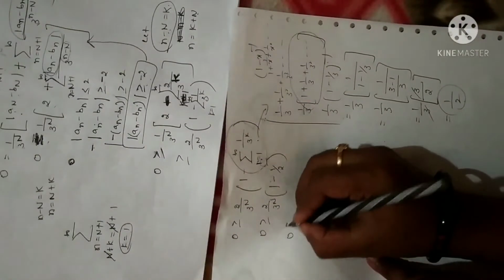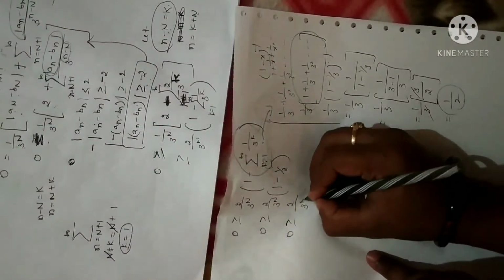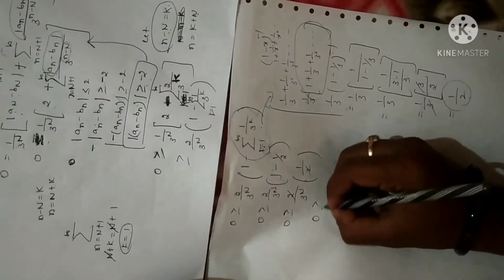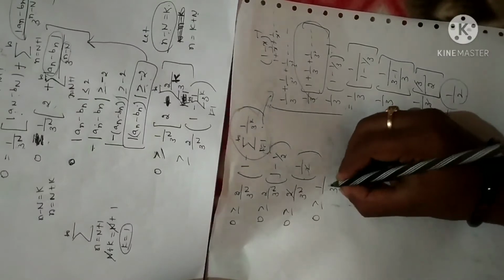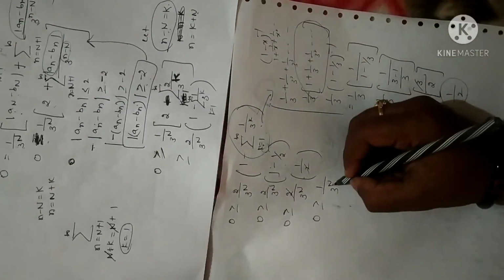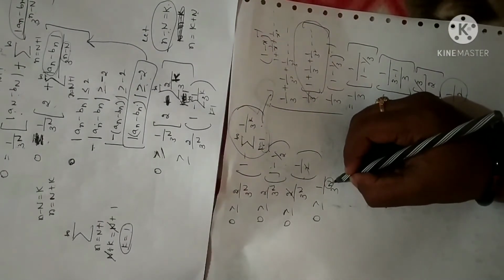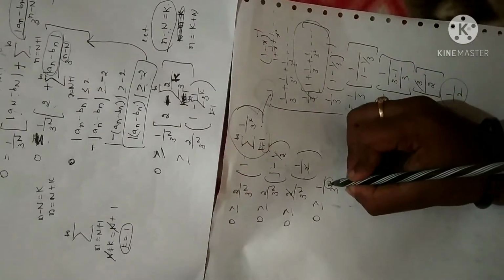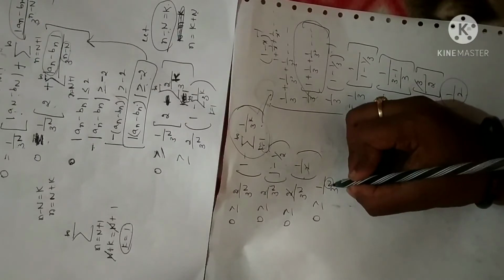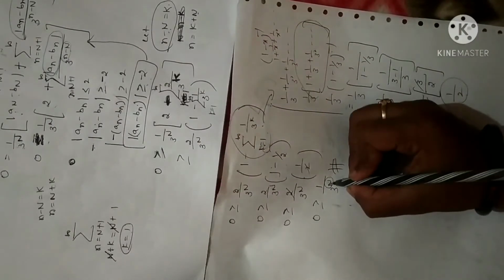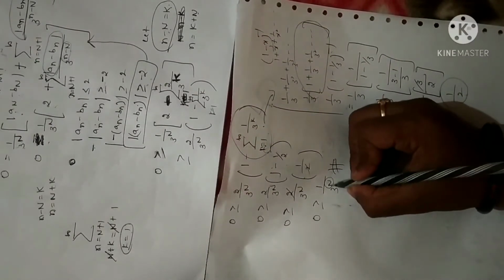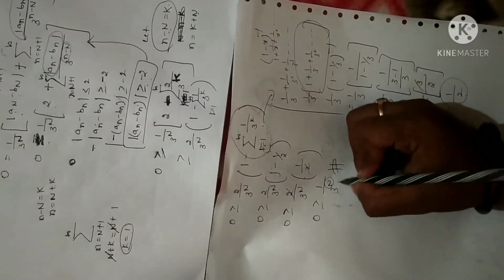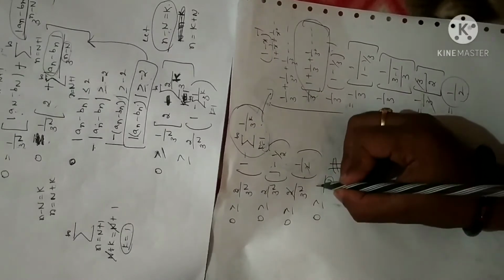Clear? Now 0 is greater than or equal to 2 power of 3 by n. 1 minus 1 by 2 is 1 by 2. 2 gets cancelled. 0 is greater than or equal to 3 power of n. Now you can clearly see, whatever may be the value of n, since n starts with 1, even if it is 0 it is a contradiction, right? Why? Because when you give n is equal to 0, it will become 1. Anything to the power 0 is 1. So 1 by 1 is 1. 0 cannot be greater than or equal to 1.